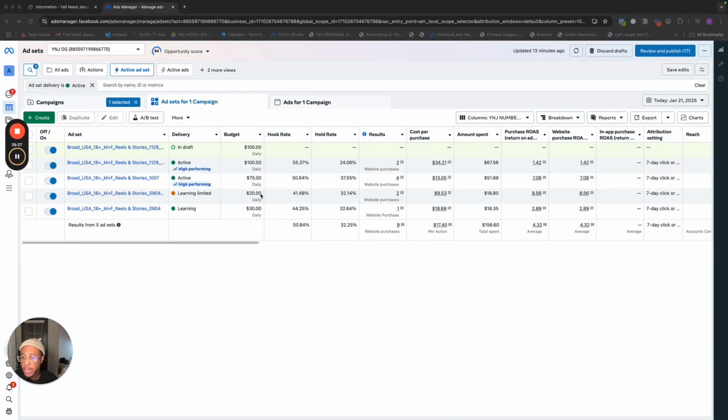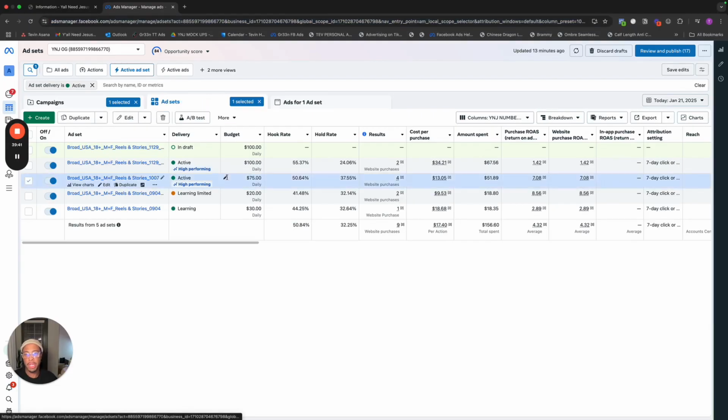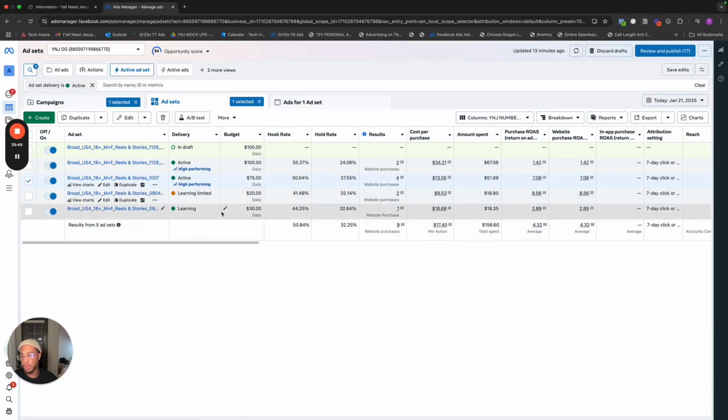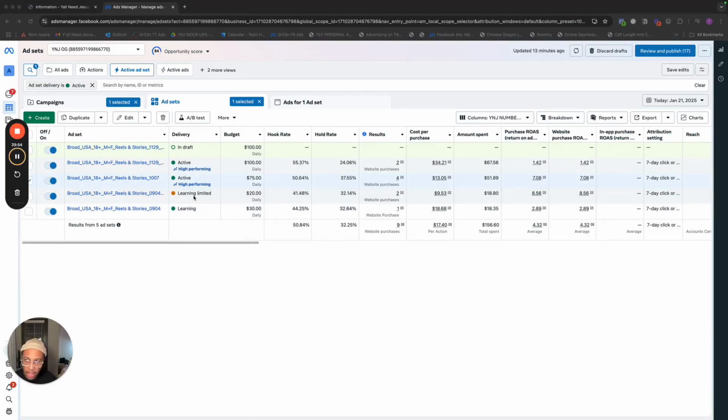So 20% of 75 is $15. So here I would just simply come into here and add $15, which would make $90. I'm not going to do it right now, but if I wanted to scale, that's what I would do every 24 to 48 hours. And the reason you want to stick to 20%, because let's think of it as